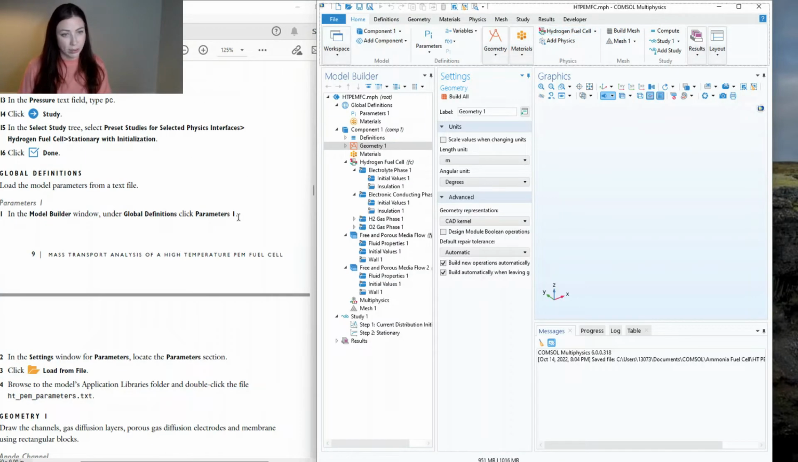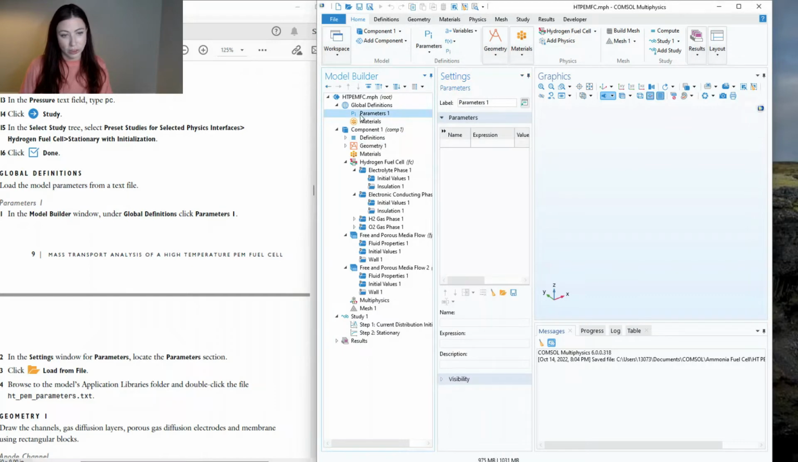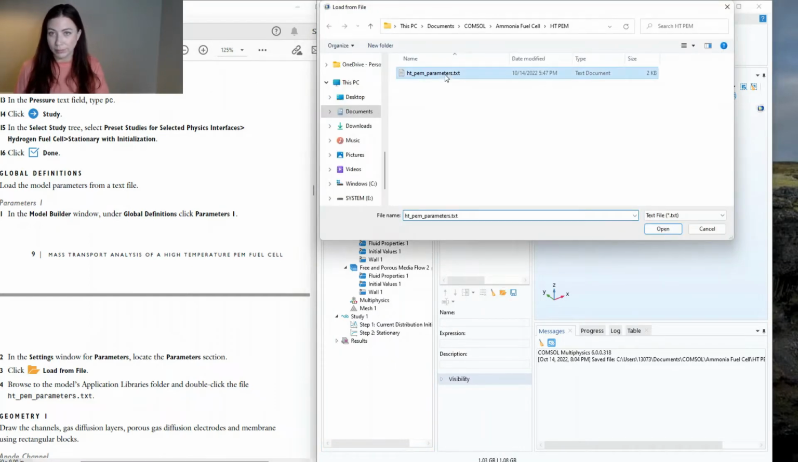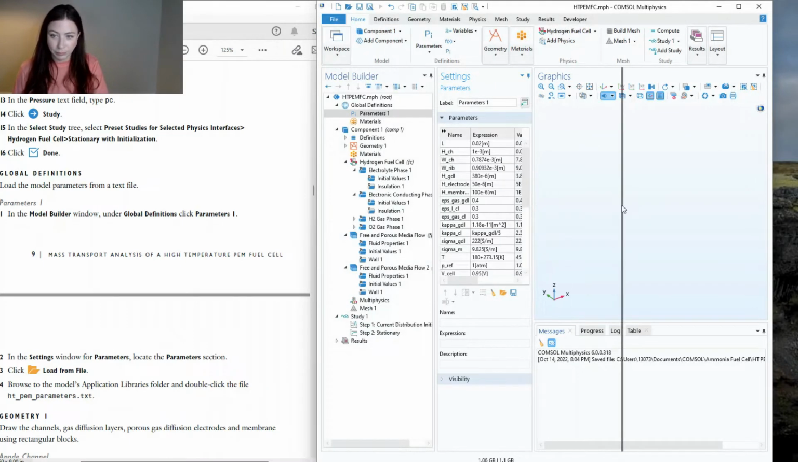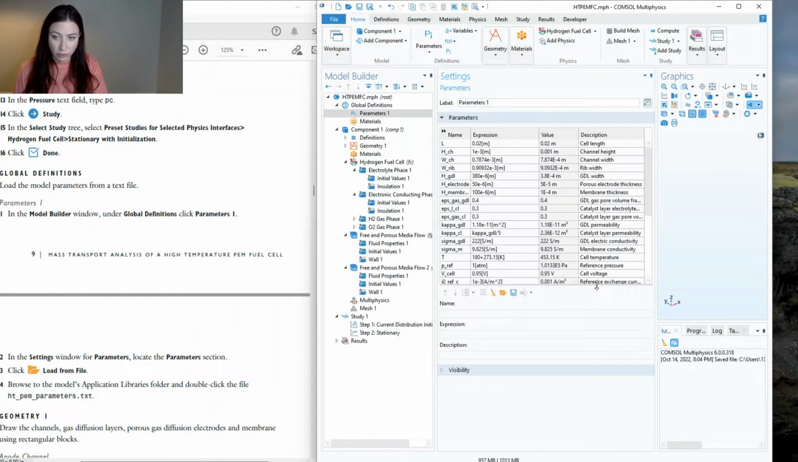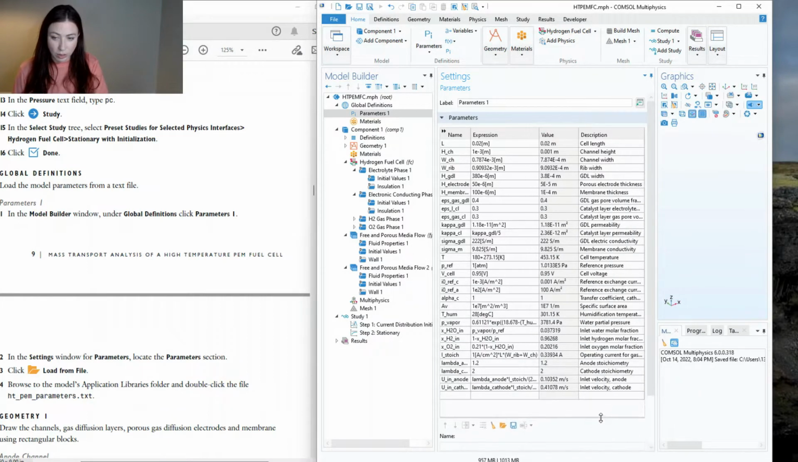Now we're ready to load the parameters. So I'll go to the settings window for parameters under global definitions. We're going to go to load from file and upload the text file, which contains all of the fuel cell parameters. So we've got